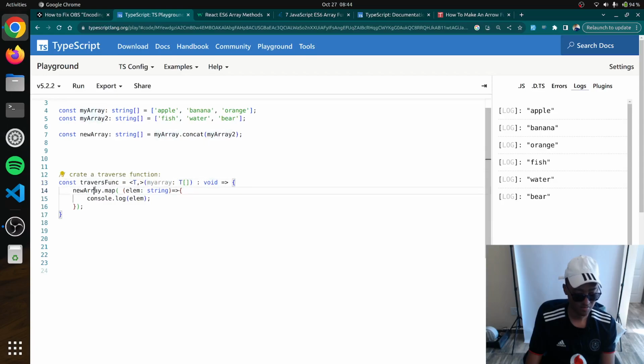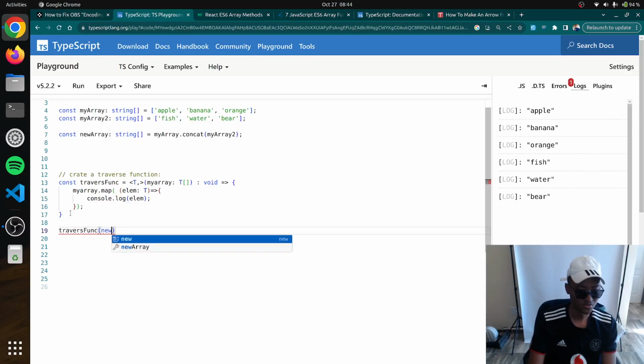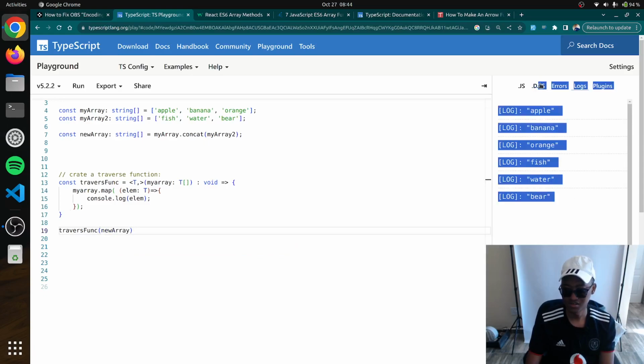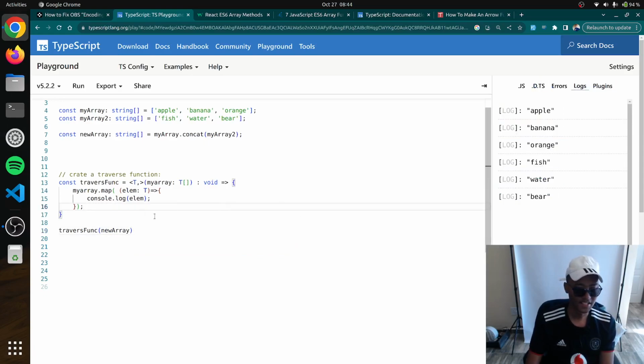So I'm going to say myArray.map. What's the element? The element is of type T, and then it'll log out everything else. Now in this case I can call it. I can say traverse function, pass in new array, and the results should be the same, which is that. So that's how we traverse through an array